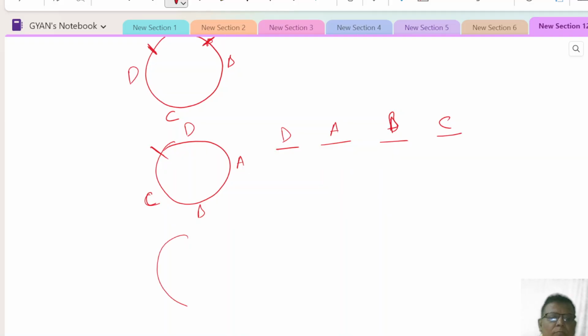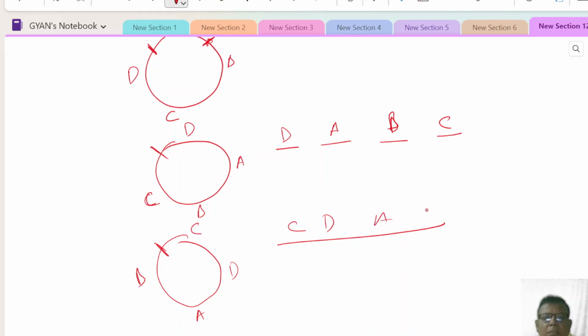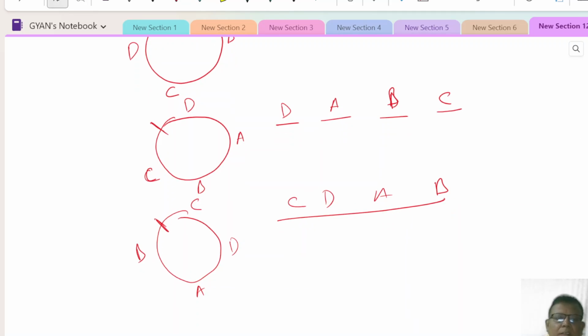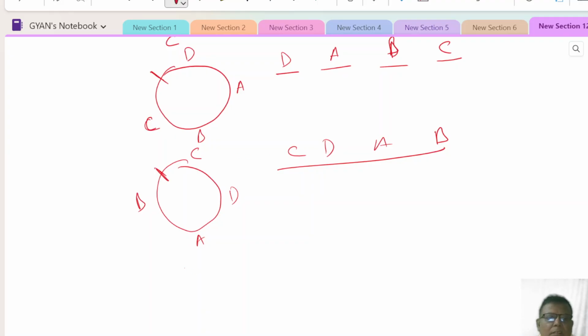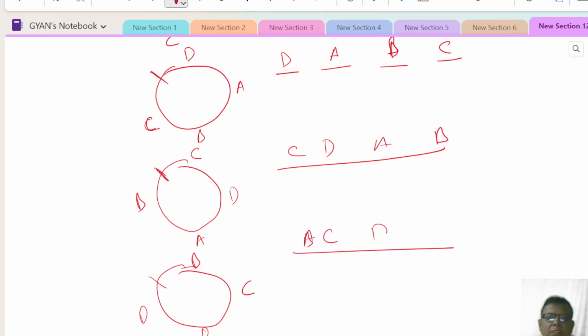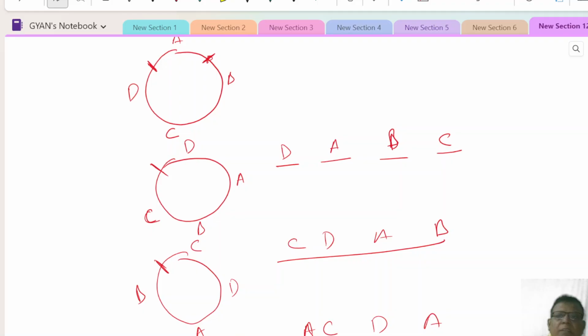Now you shift again. Now D becomes here, A becomes here, B becomes here, C. We are cutting here, so this is C, D, A, B. Now again, if we shift again, then we cut here and get B, C, D, A. So in linear arrangement,